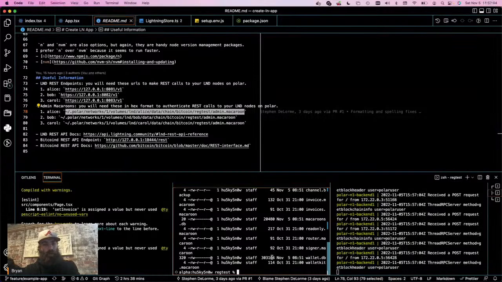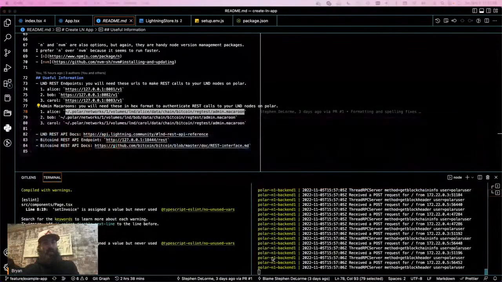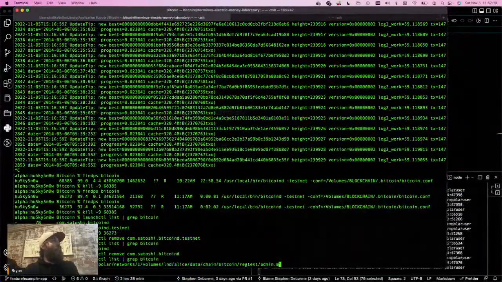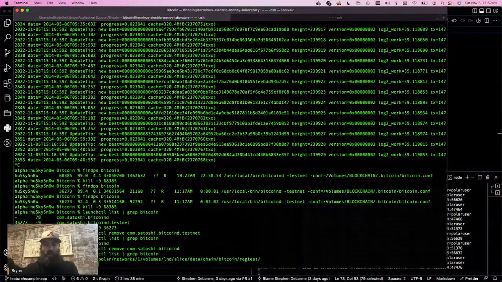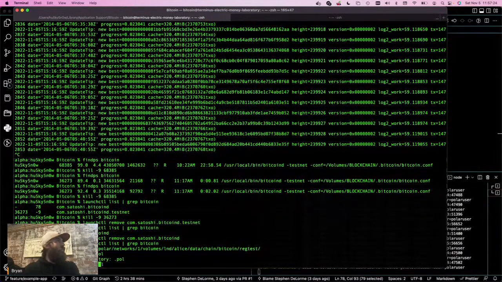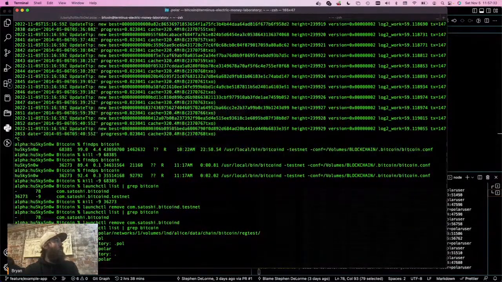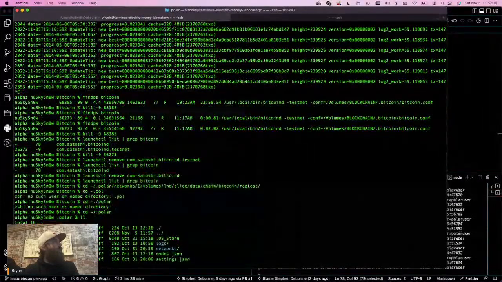Let me open a better terminal window so you can actually see what I'm doing. So it's usually in your home directory, which you can prefix by tilde and then .polar. Let's go to actually tilde.polar. Oops. Well, if I spelled it right. All right, cool. So now if we look in here,